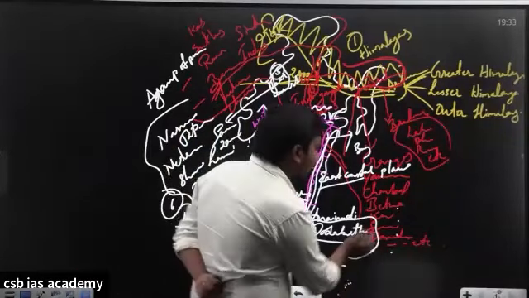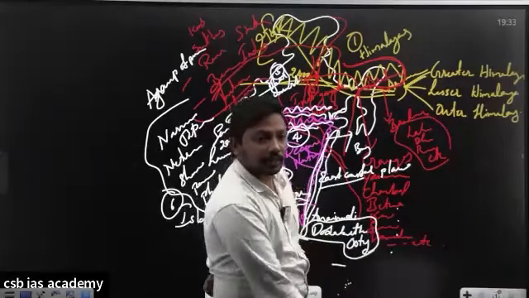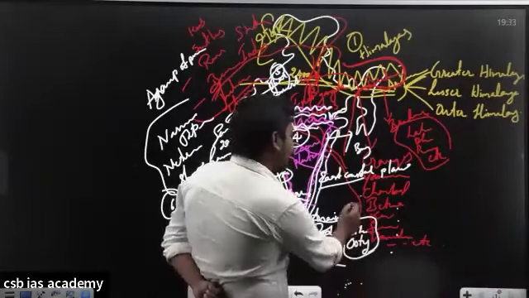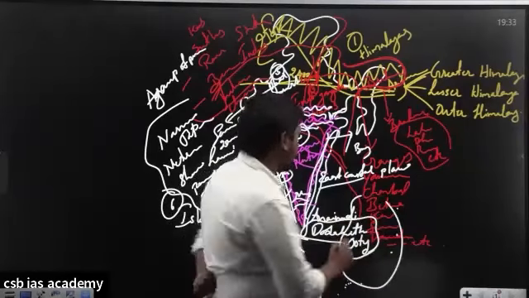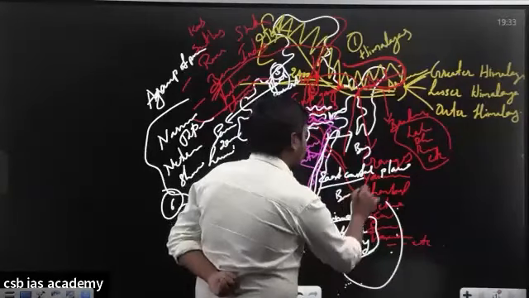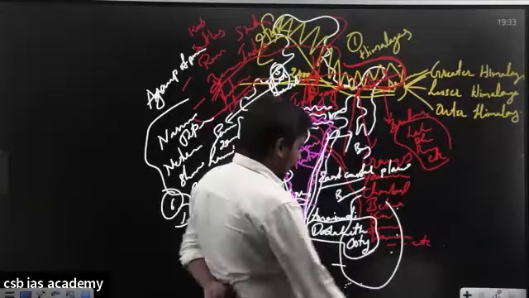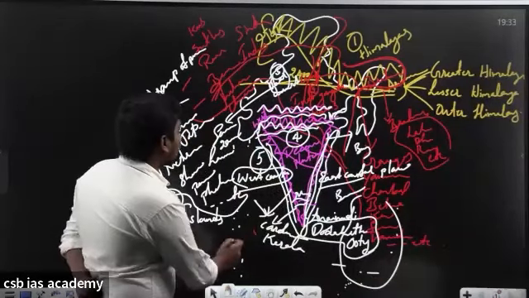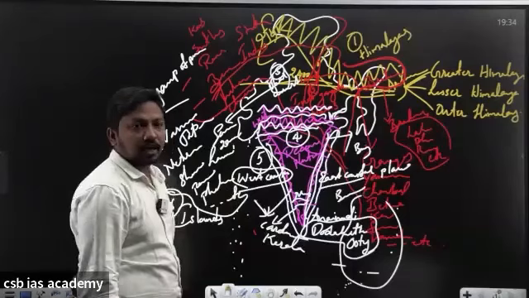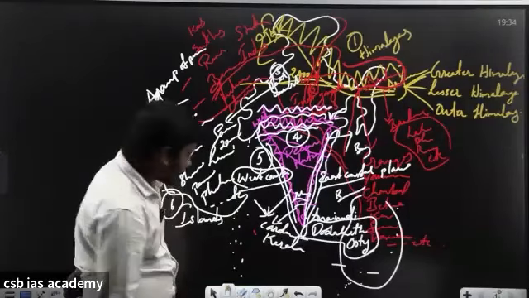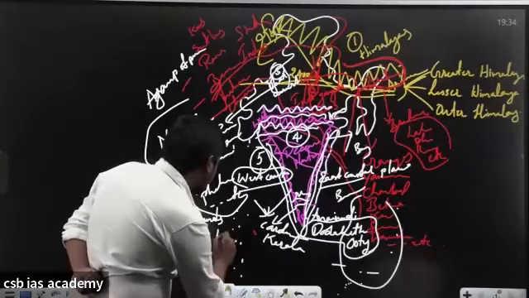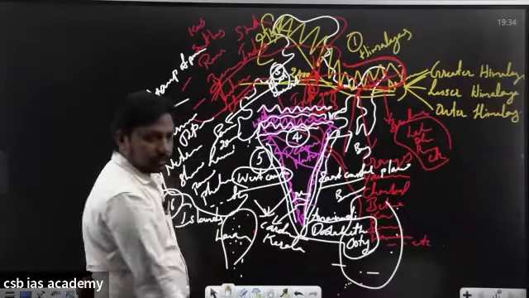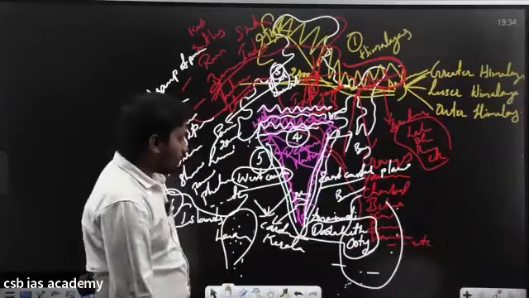Where are the Andaman and Nicobar Islands located? They are located in the Bay of Bengal. And they are extending up to the Indian Ocean also, right? And if you look at the Arabian Sea, you can find a group of islands. What is that? Lakshadweep. They are of coral origin.